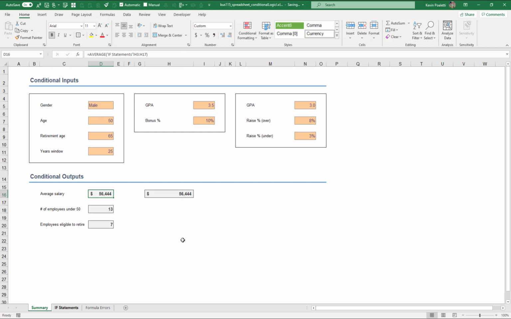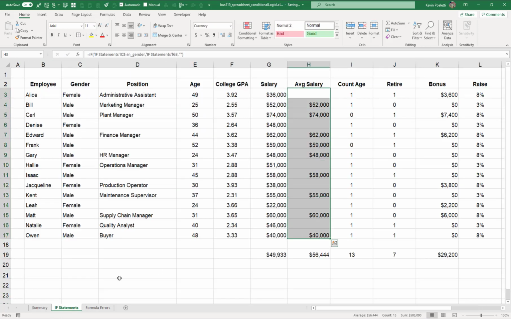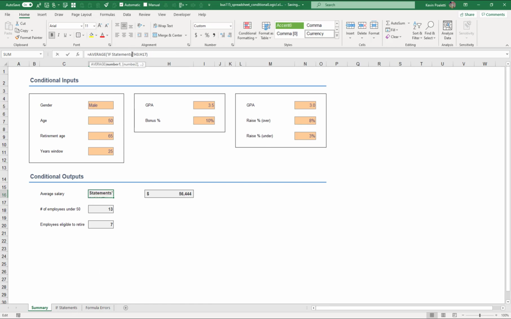all of that exact same work that we did over here by adding in an entire additional column and then having to use an average formula over here that references that new column. I did all of that work here in a single formula. There are similar formulas like this for sum and for count. And I know that if you will take a moment to Google how to find the average if something or the sum if something, there will be many examples of how you can use these additional formulas to cut down the amount of time you spend creating new columns and using kind of the most basic form of an if